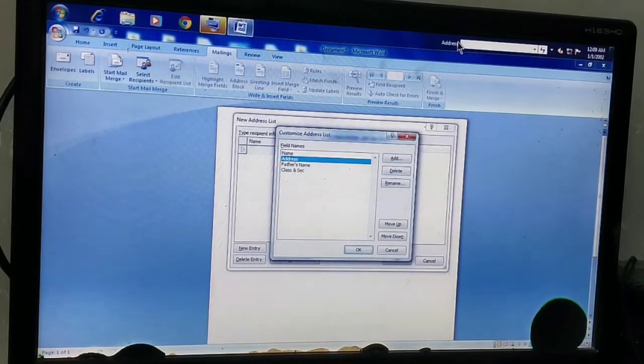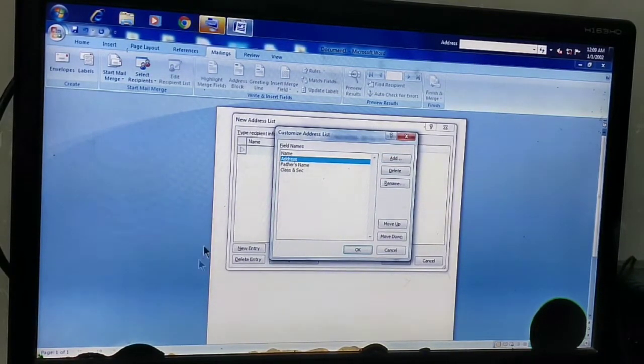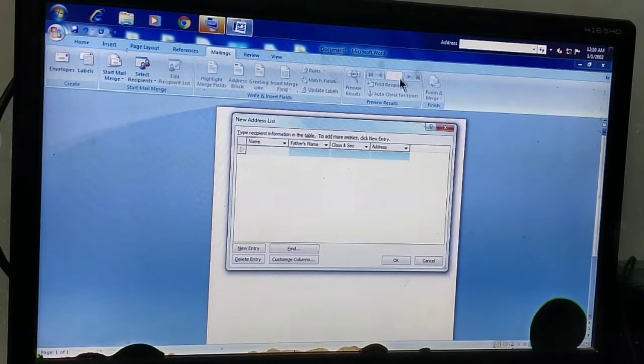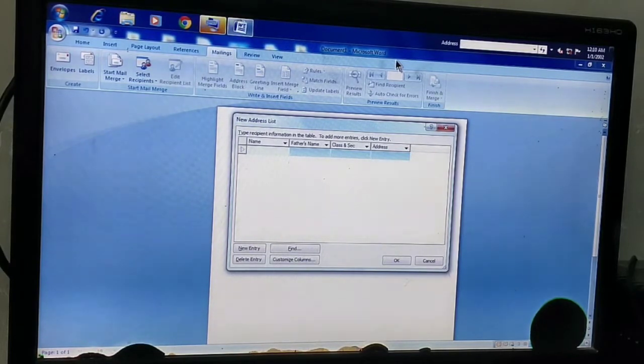Okay. Now you can see after name the address field is there, but I want the address to be last. So select the field and just click on the Move Down option. Then click on OK. After this, I just need to fill the details. I'm filling like name, father's name, then class section.